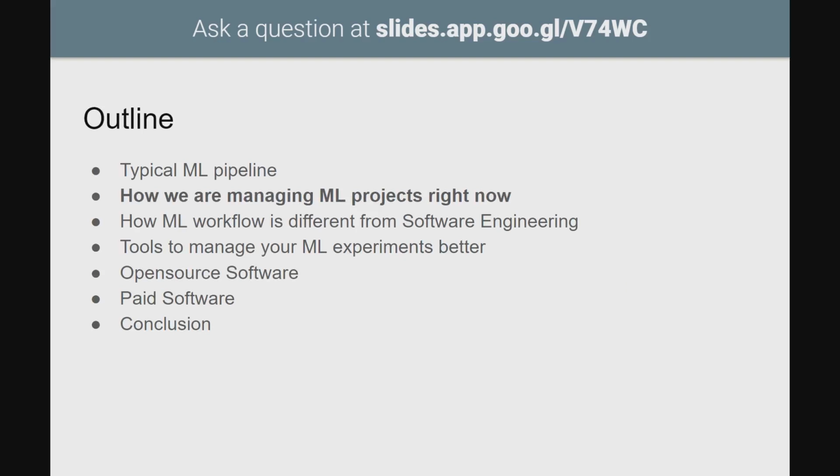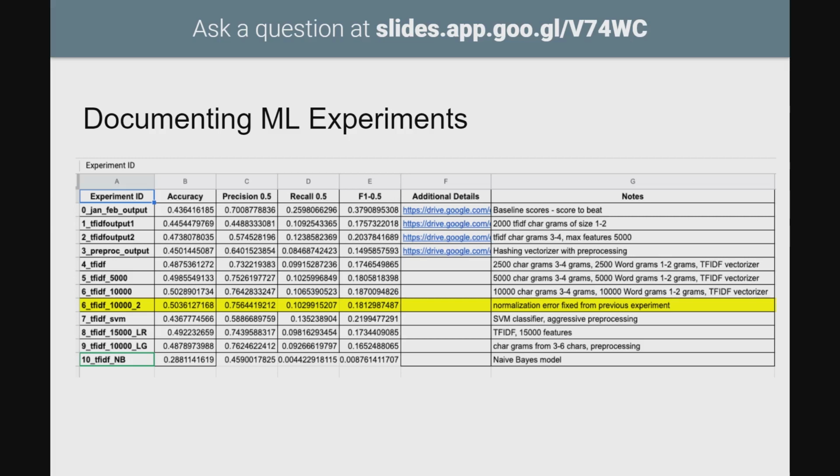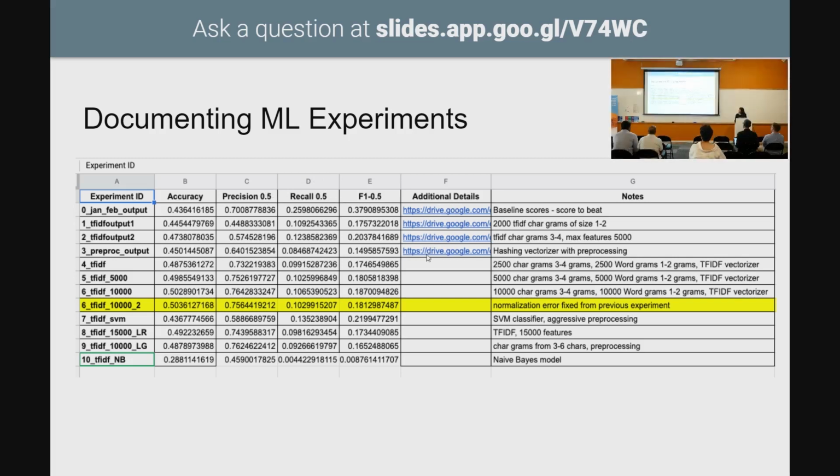So we might record each change in Git, but how do we record an actual run, an end-to-end run? So what are we doing right now? How are we managing our ML experiments right now? Like this. A lot of people that I know have an Excel spreadsheet with things that are interesting to them. This is a real one that I showed to a customer a couple years ago with the accuracy, the precision. Accuracy, precision, recall with a threshold. So the recall threshold we use is 0.5 and precision threshold we use is 0.5. Additional details, you see that I gave up after 4 entries because it's just too tedious to keep track of each and everything that you want to record.